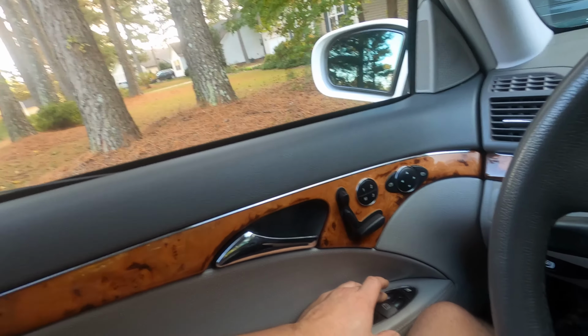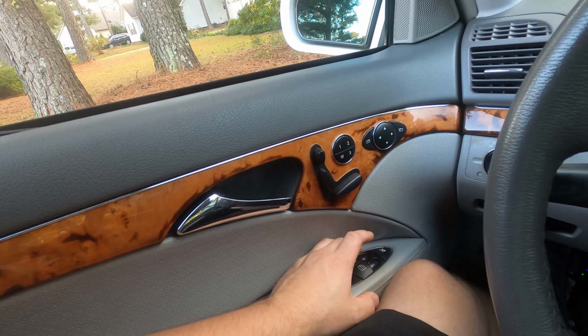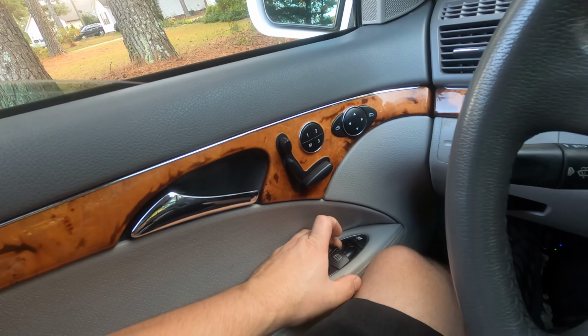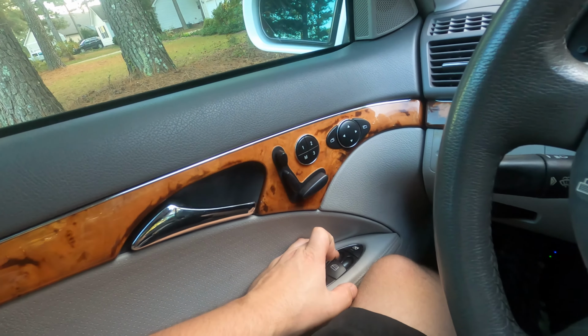And then once it gets down all the way, you're gonna wanna let off the switch and then press it again and hold it past that second detent until you hear the window motor cycle again. And then you're gonna do the exact same thing the other direction. You're gonna pull up past that second detent, and then once it gets up all the way, you're gonna let off and then pull up again,